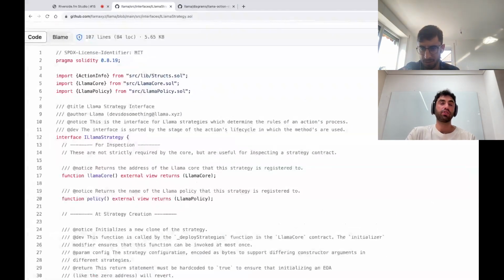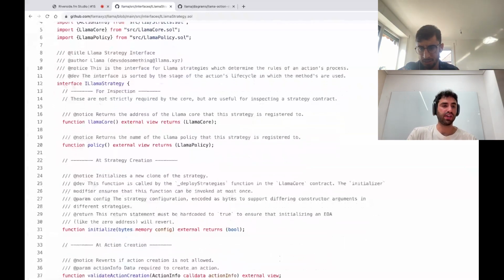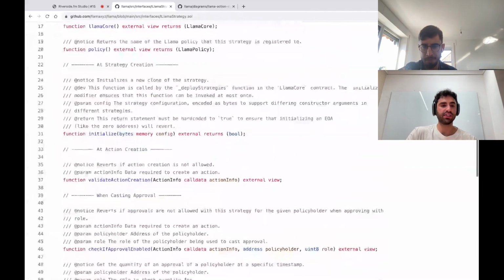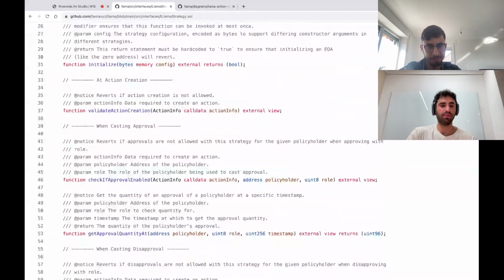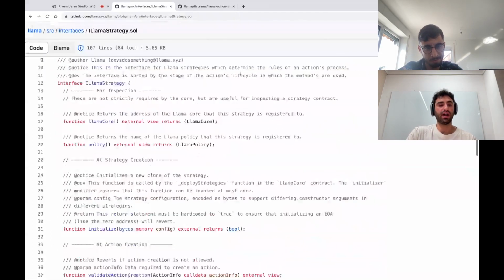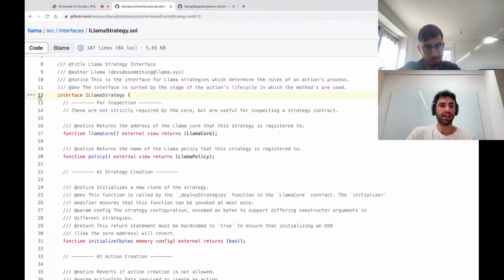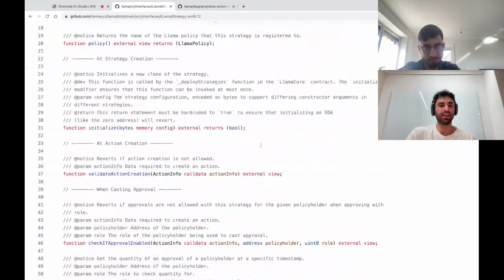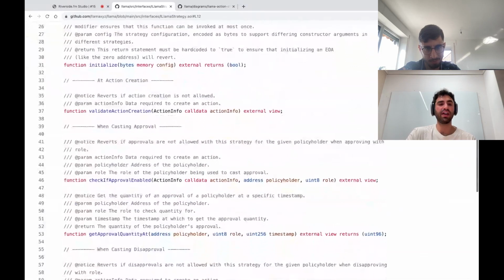So what's embedded inside the strategy? I can open up this interface so you can get a better sense. Each strategy, according to this Llama strategy interface, encodes functions that the core can call for validating and checking how an action is proceeding through those state transitions.